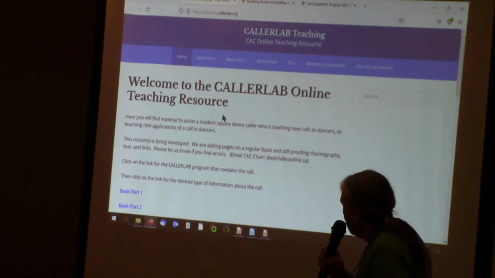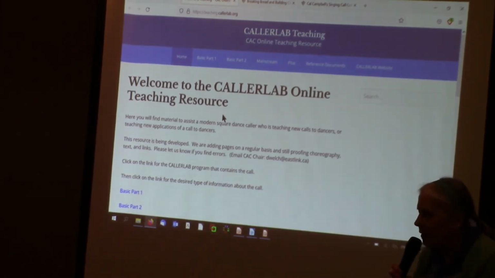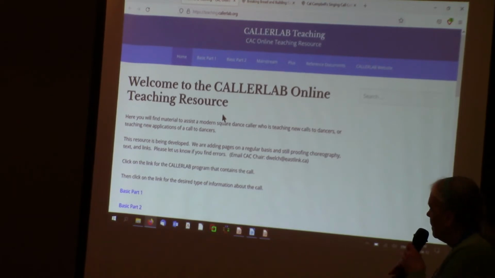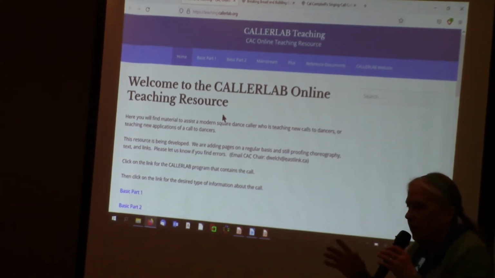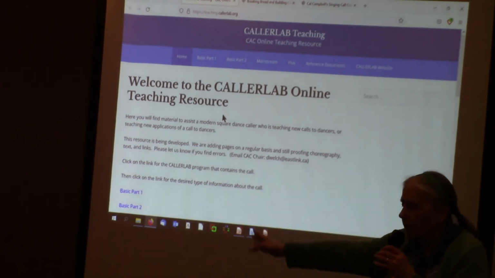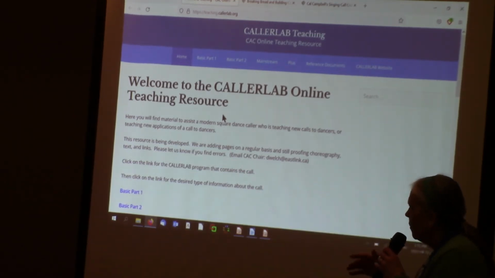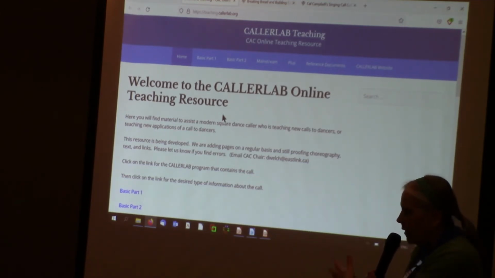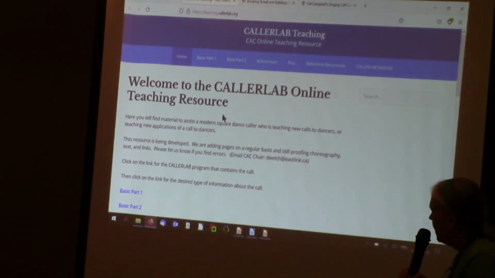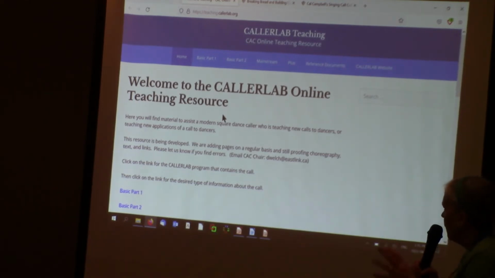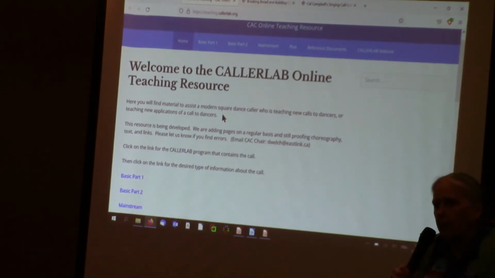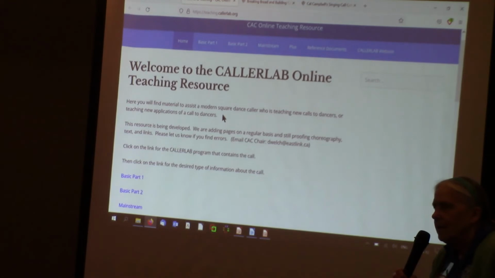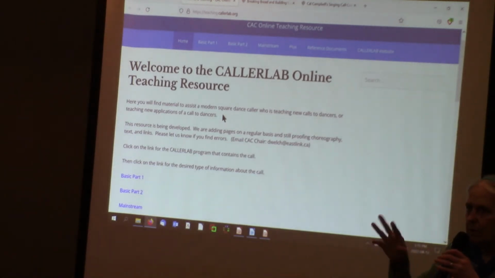So what we've got here is another spot on the CALLERLAB website, which contains another... a lot of people are referring to this whole thing as the knowledge base, but really, at the moment, there's 3 pieces to this thing. Barry's was developed separately from the teaching one, and that was developed separately from the dancing one, which I'm going to talk about in a few minutes. So there's kind of 3 places here. I have no objections to the whole thing being described as knowledge base, because it certainly is a source of knowledge, but really there's three separate pieces.